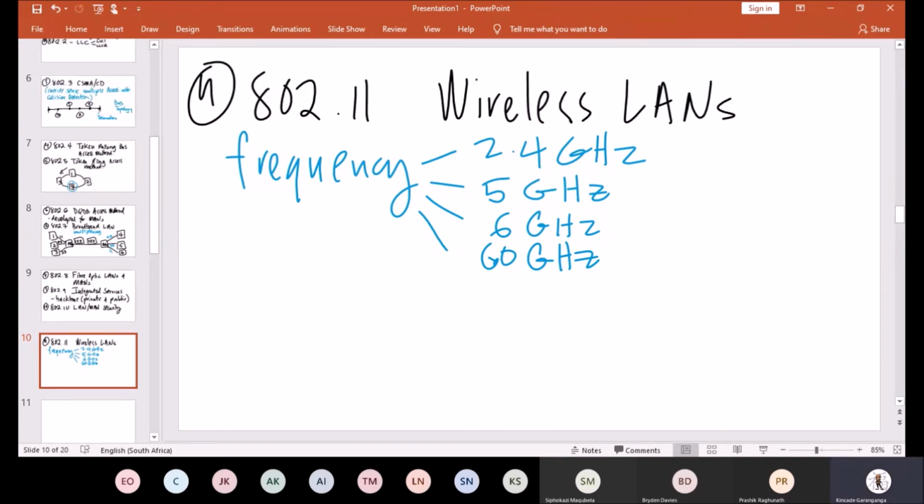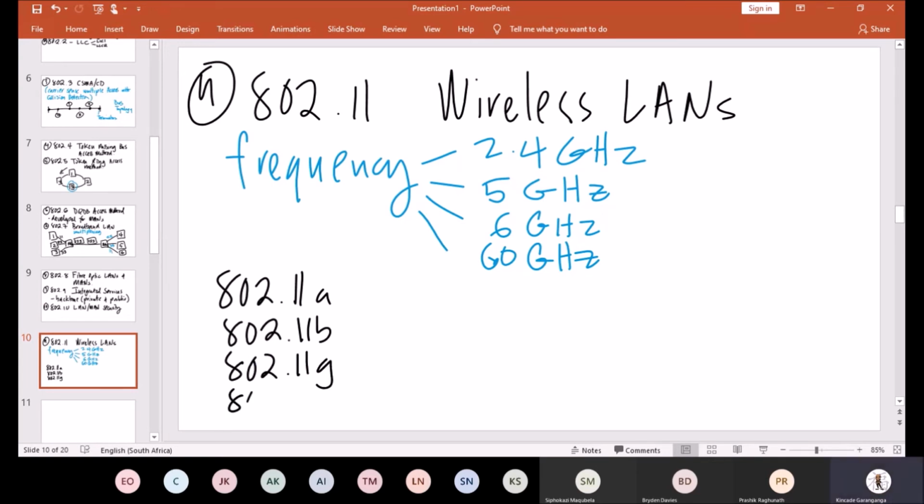So you got 802.11. You can talk about 802.11a. You got 802.11b, 802.11g, 802.11n. You can also even mention 802.11ac. So these are some of the classic examples of the